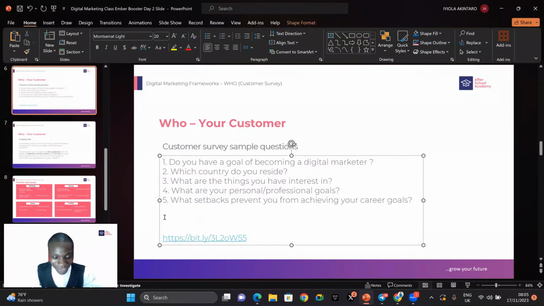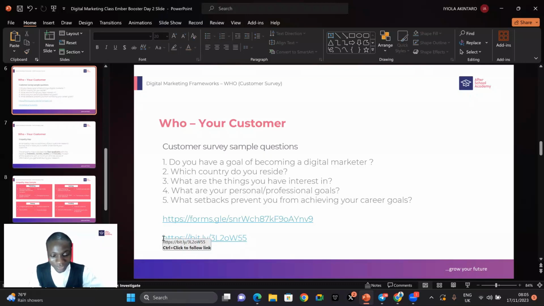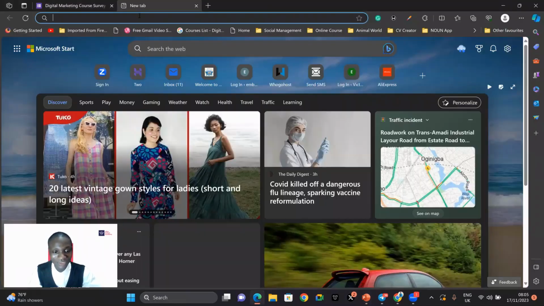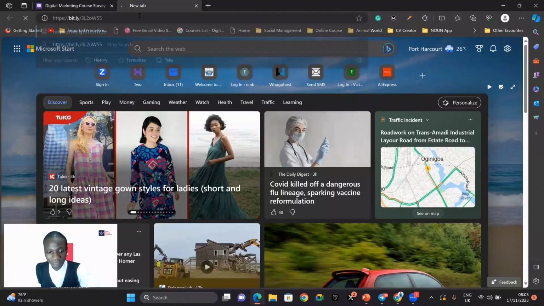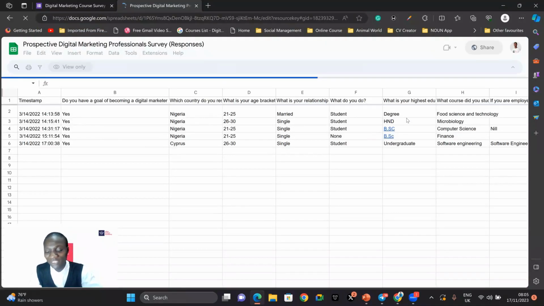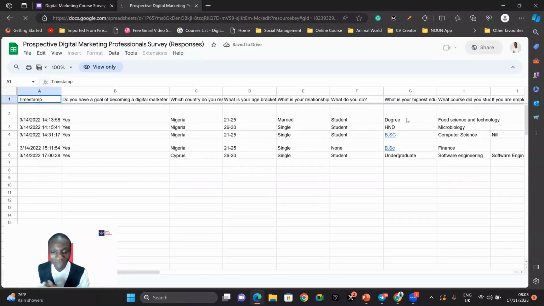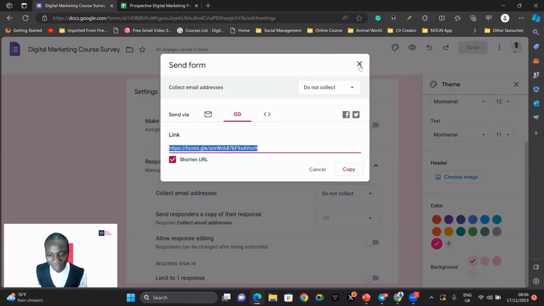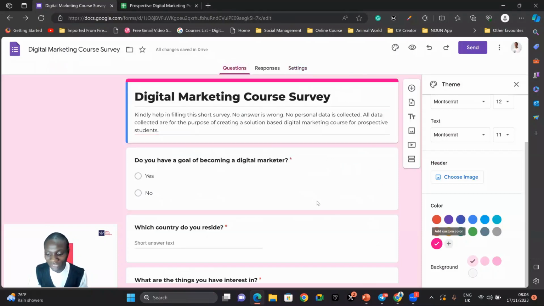So let me just put the link here. So you will see it when you... okay? So this is a link to form responses. So after you have collected your survey, this is a link to form responses. You are going to generate a Google Sheet link for your form responses, because that is what you are going to submit. For your form that you created, let me close this because I need to show us this.